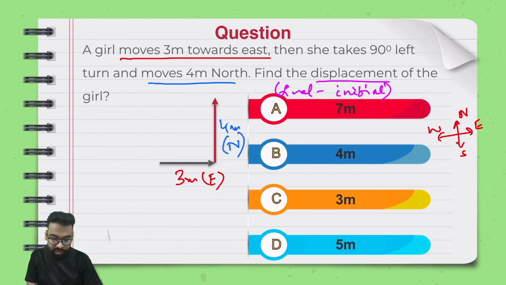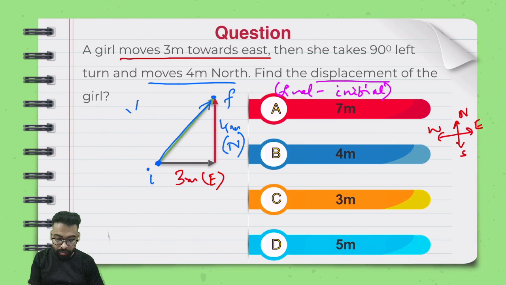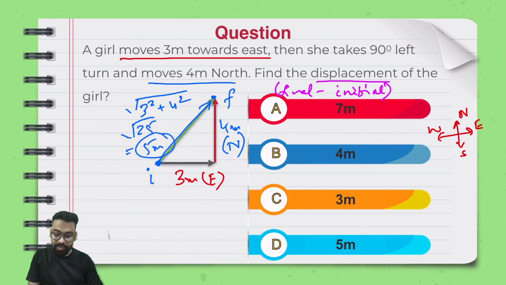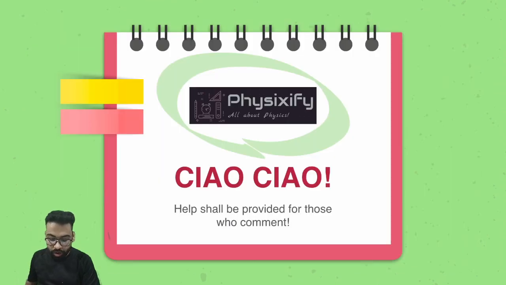Obviously, this is the initial position. This is the final position, and anyways, you know that triangle law says that common tail and common head, you join it and you get the resultant. So that is exactly what is done next. Your resultant, I hope everybody knows this Pythagoras theorem. This would be under root of 3 square plus 4 square, that is under root 25, and that would be 5 meter. So we can easily say that D option over here does justice,